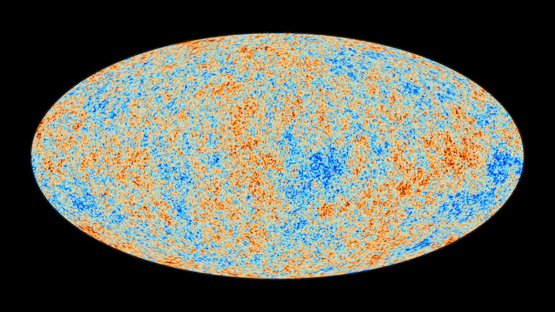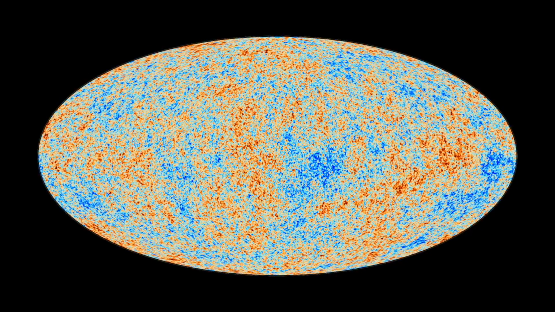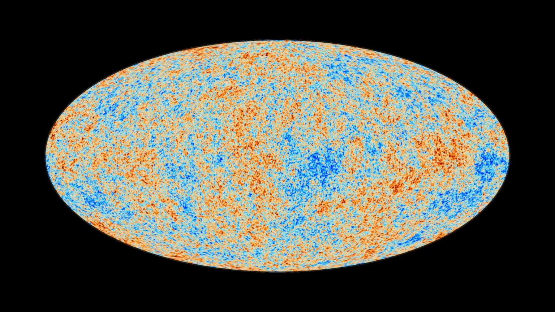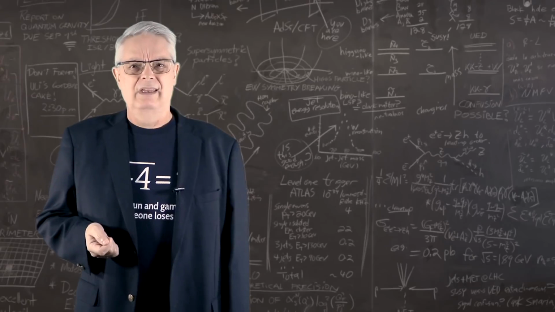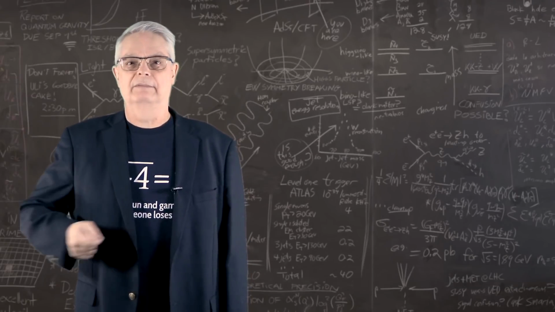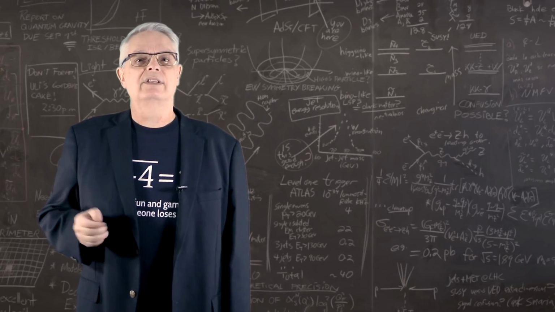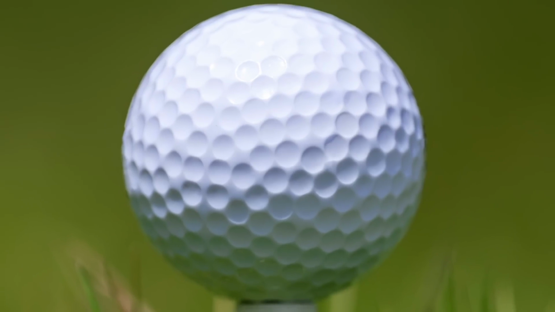I've shown you this picture of the CMB before. It was taken by the Planck satellite and the final version was released in 2018. The red spots are slightly hotter than average and the blue spots are slightly cooler. And I do mean slightly. The variations are less than 0.01%. If that image is a bit confusing, think of the CMB as like the surface of a golf ball. The golf ball is basically a sphere, but it has small dimples that make it ever so slightly bumpy.